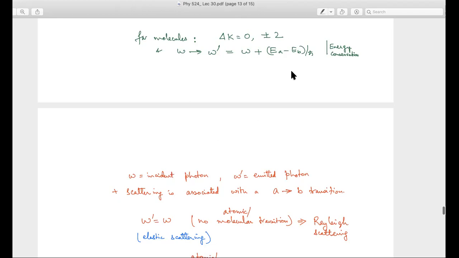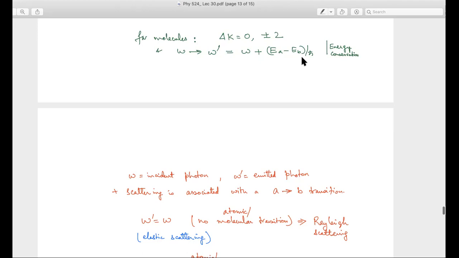Then I can have two kinds of scattering, right, where ω' is ω, so I did not excite any photon of higher energy. So if ω' is ω, then that is called elastic scattering, energy conserving scattering, etc. For the photon also, there's no atomic transition that can be involved because of this energy conservation relation. Incoming photon, outgoing photon, same energy. So I cannot have a difference in energy in the atom. So no atomic transition, no molecular transitions. So that particular scattering is called the Rayleigh scattering.